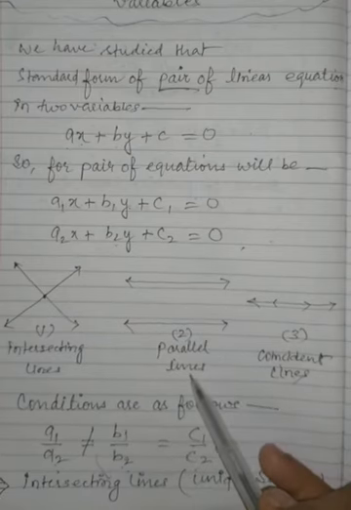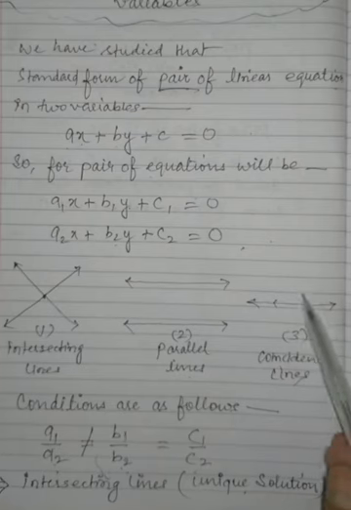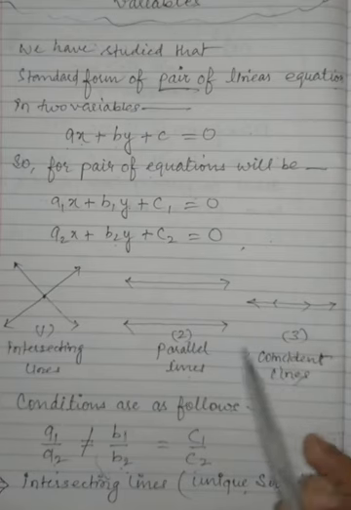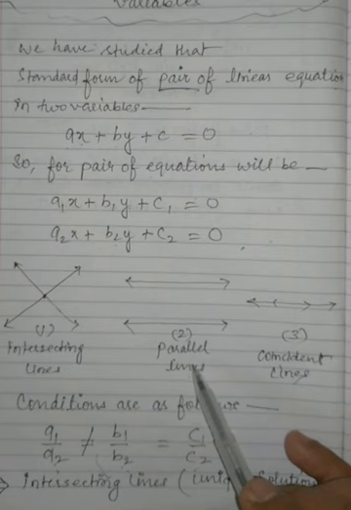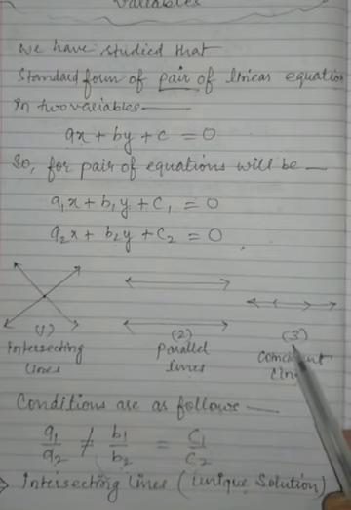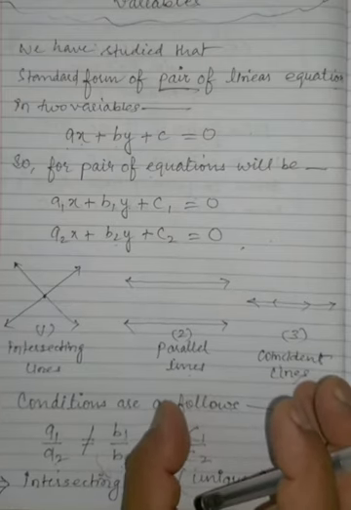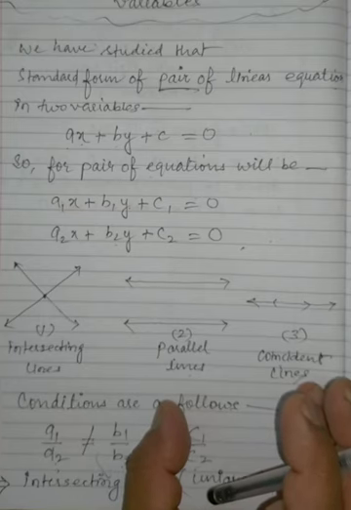In case of parallel lines where we have no solution, or in case of coinciding lines where we have many solutions, we will not solve the equations further, as we confirm that we have either parallel or coinciding lines. We can leave our solution there only, clearly indicating that the equations we are given are parallel or coinciding lines.